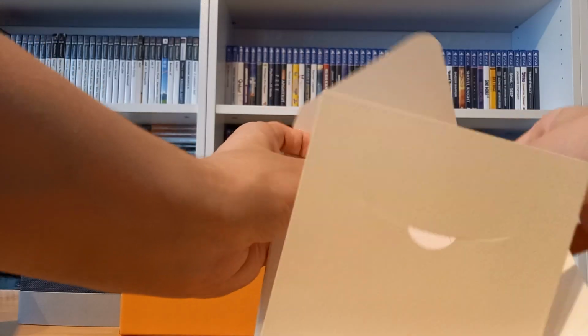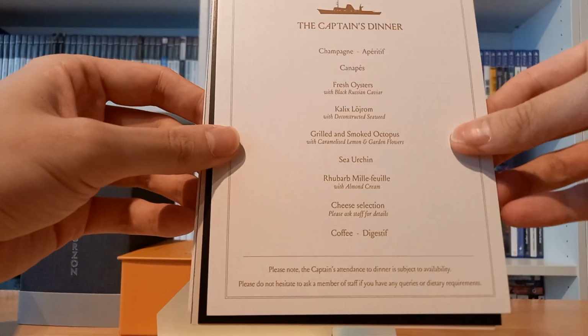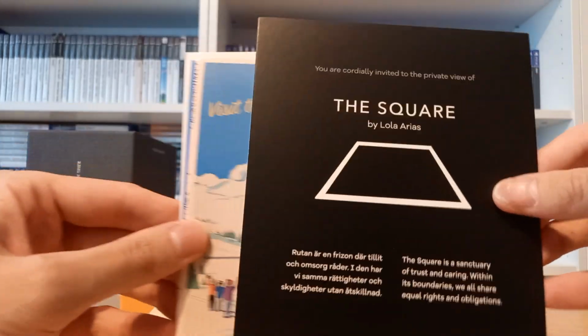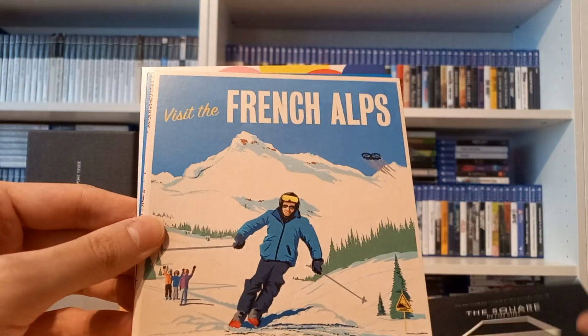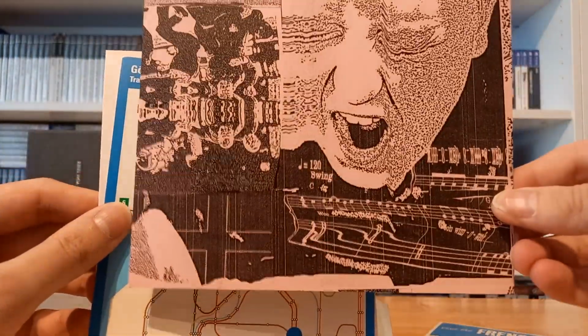Get it out. And this is from Triangle of Sadness. The Captain's Dinner. Alright. Oh, these are art cards for each of the movies. Square. And these are one-sided. This is the movie, this is the movie. And the reason why I haven't gone through